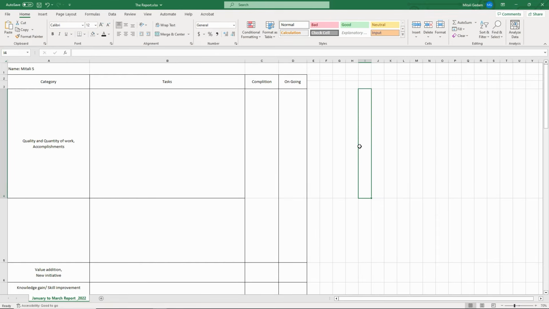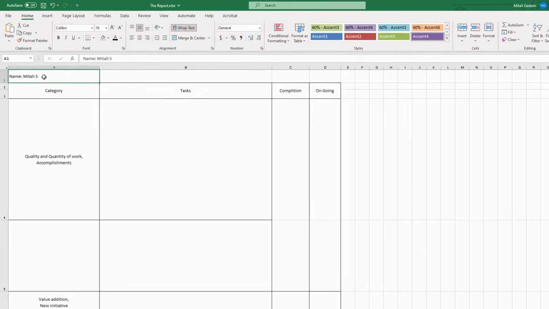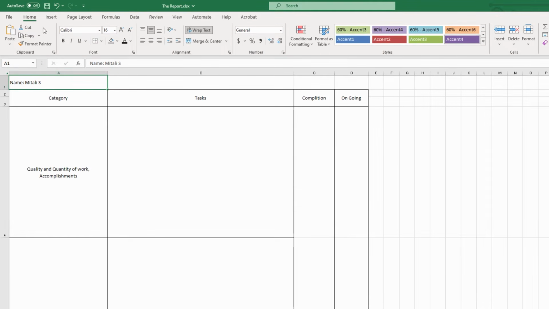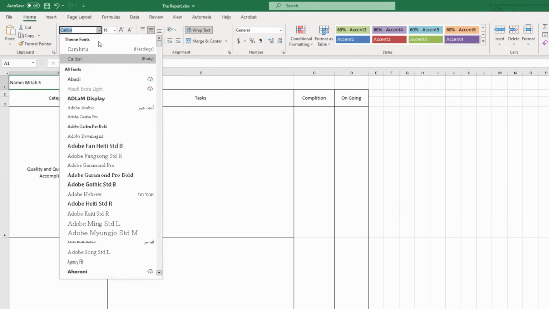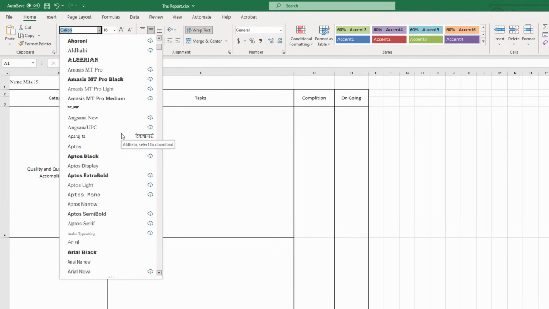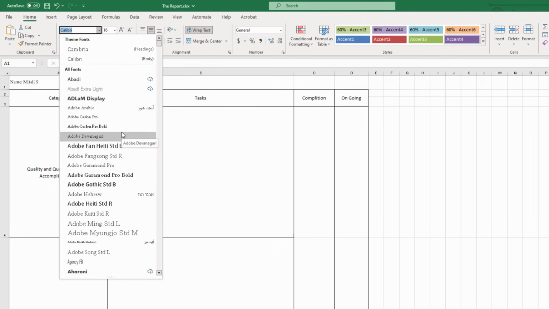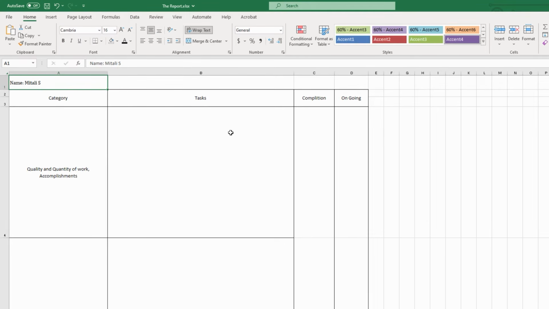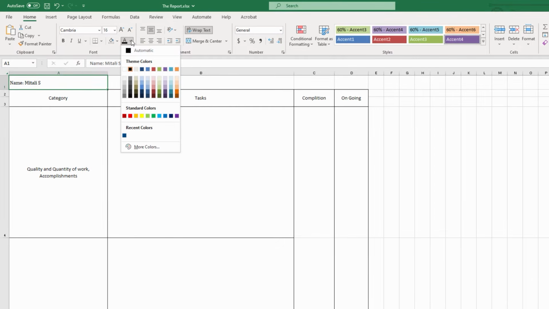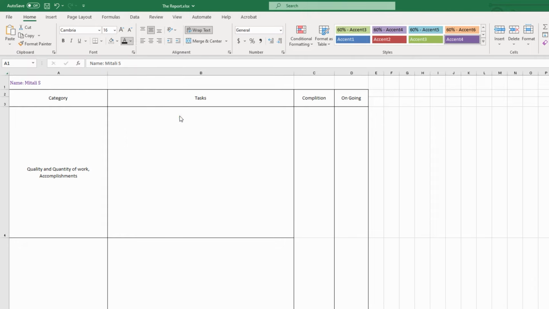Want to make boring reports stand out? Try using different fonts and colors. For that, you can select headline text or column row of heading. Then in Home tab, click on down arrow in Font section. Here you will get a number of fonts from which you can choose desired font. If you want to change color, here in Font Color, you will get many color options. Click the color you wish to give. And it's done.